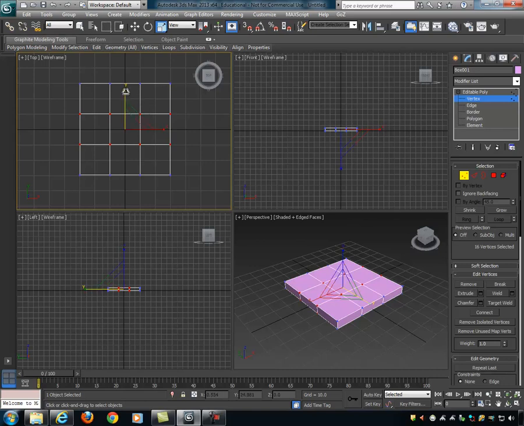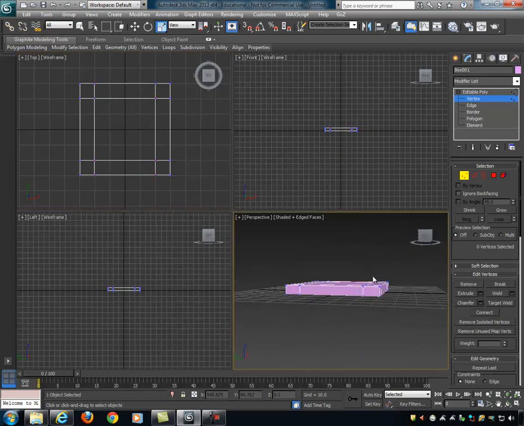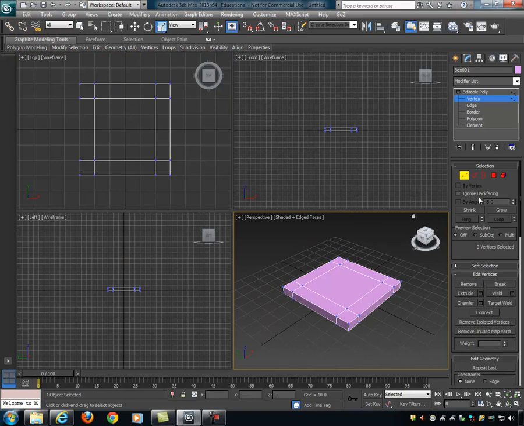We'll start by doing a table, I guess. So I'm going to just scale these up, and then I'm going to select the vertical row here, and I'm going to scale these out to the edge, like so. And so what I've done here is I've just pushed the verts to the edges so that now